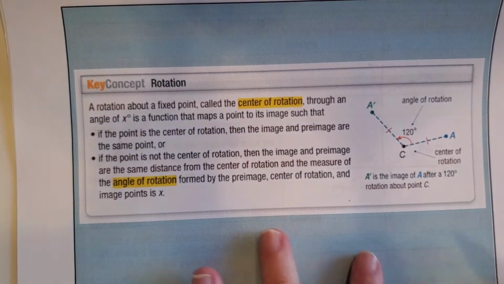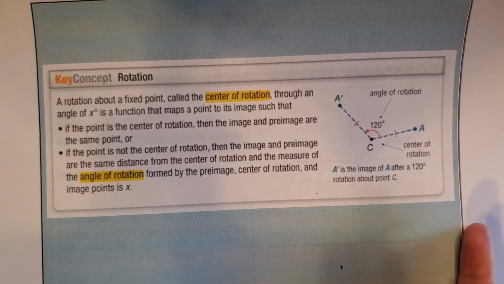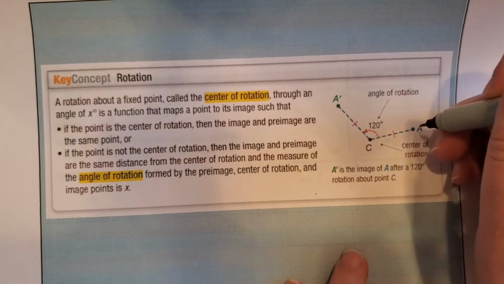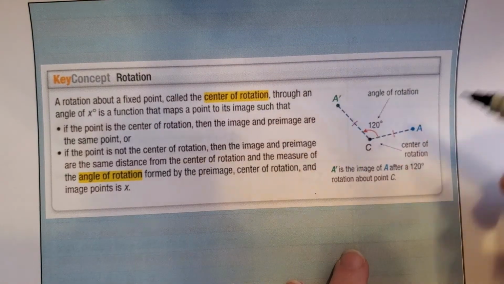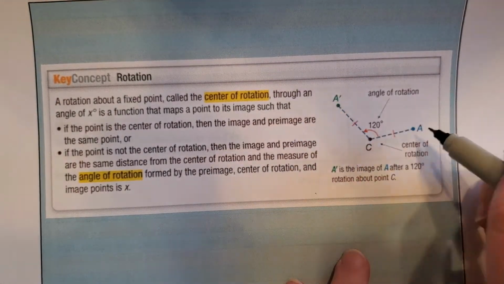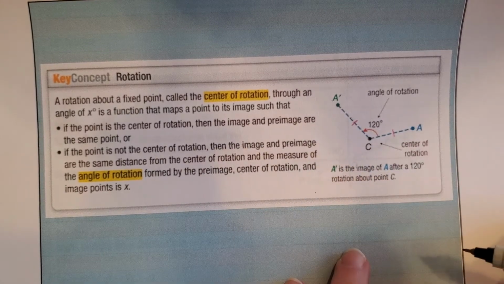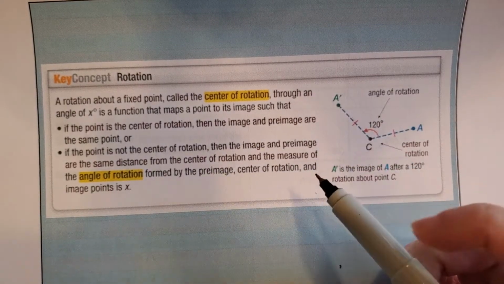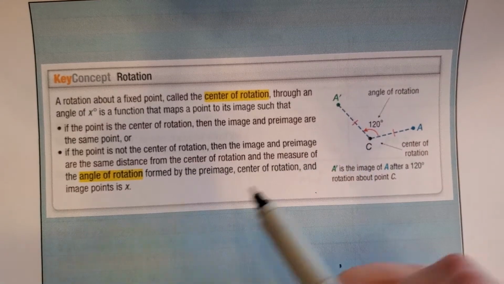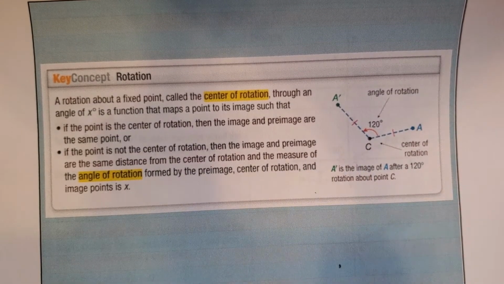All right, so it kind of looks like it's similar to what we've been talking about. If you have A versus A prime, both of these points, your pre-image and your image point, are going to be exactly the same distance away from your center of rotation. And if you have the angle, when we talked about this way at the beginning of the year in chapter 1,